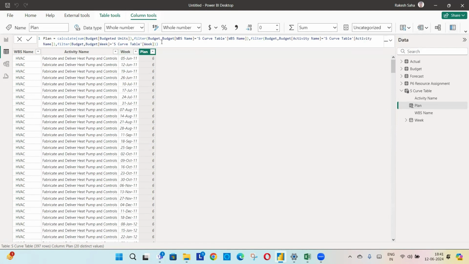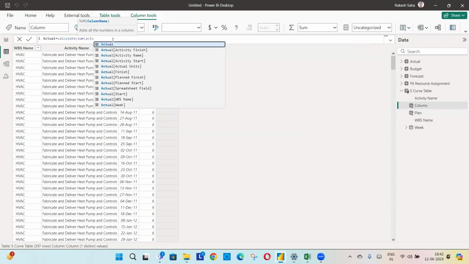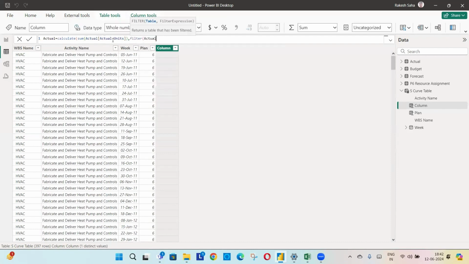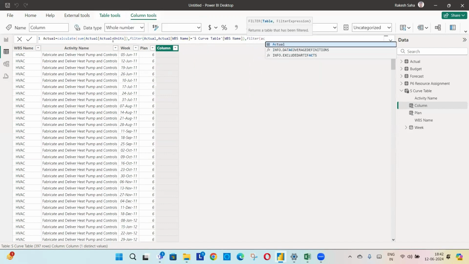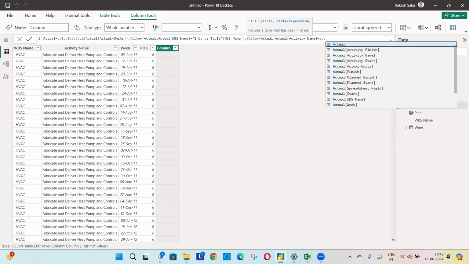To do that, actual, calculate sum of actual units, filter actual, WBS name equal to WBS name, filter activity, so actual table comma activity name equal to activity name,